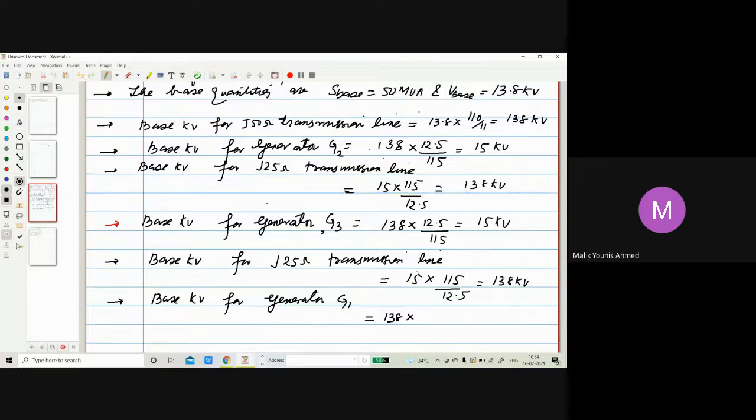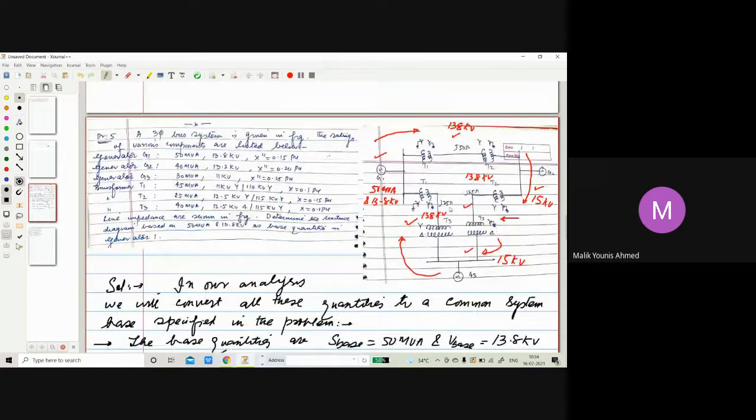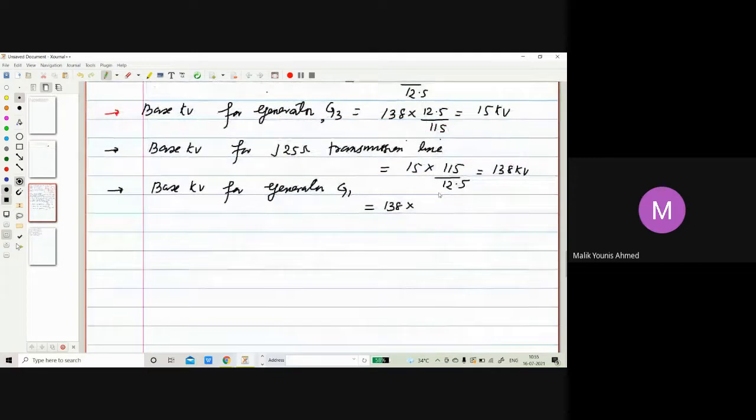So you can very clearly see this side is 138, up to here is 138. So we'll see the T1 transformer. What is the ratio of this? 11 kV by 110. So this side has to be 110, this side has to be 11. So it will be 138 multiplied by the secondary over primary, that is 11 by 110. So 138 multiplied by 11 divided by 110. So you can very clearly see again you are getting 13.8.